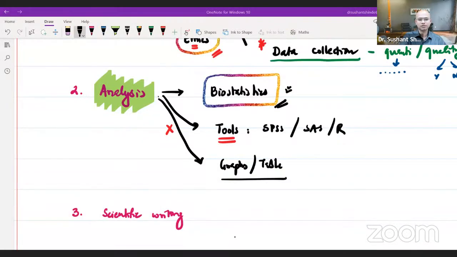So when you learn how to read graphs and tables, and when you know how to make your own graphs and tables, not only is your own presentation skill going to become better when you start presenting your own work, but your ability to read will become much faster. Your ability to read the data in a tabulated format is going to be one superpower that you need when you want to read fast and start understanding whether what was done in the trial was true or false. Right? When you want to know that, you have to go to the data. So presenting that data, interpreting the presented data is all something that comes under analysis.